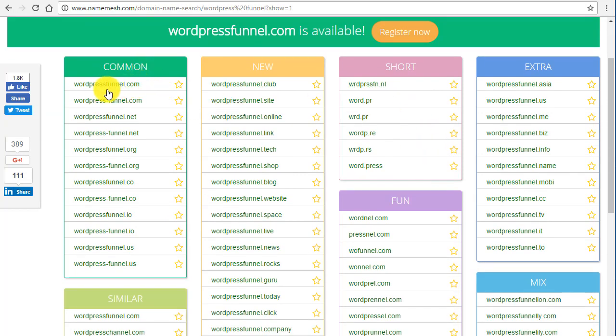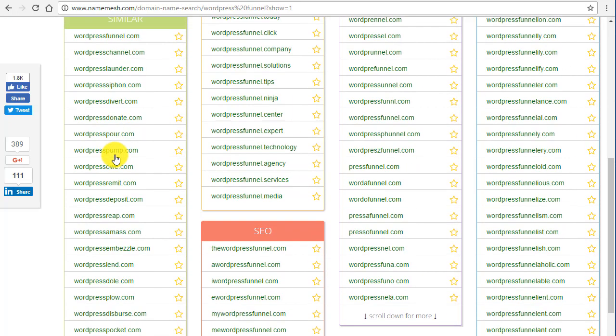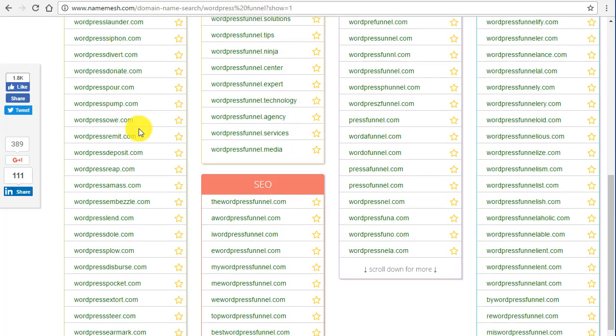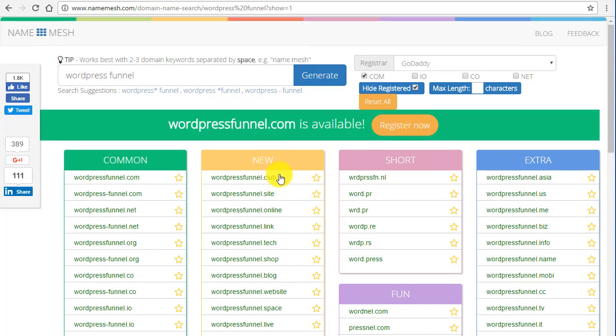Under common, you see it gives you WordPressFunnel.com. And you can click on these, that means if they're listed here, that means they're ones that you could get. And there's different versions. They put hyphens. They do different endings. .net, .org. Same with similar. Here's where you could do a little brainstorming. WordPress Funnel, WordPress Channel, WordPress Launder, WordPress Siphon. All these different choices. Here in new, these are the new